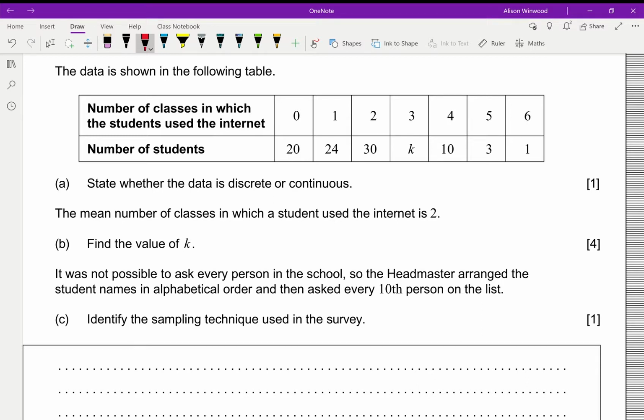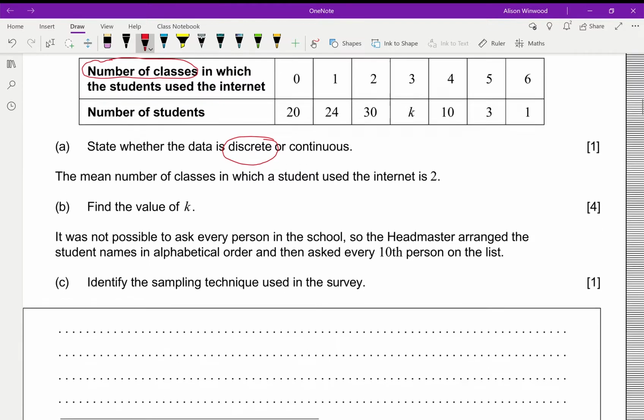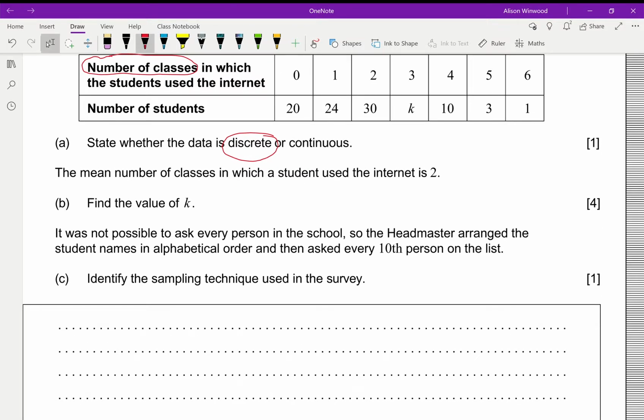We've got the number of classes, which is a countable amount, and therefore the data must be discrete. To find the mean from a table, we need to multiply in pairs. So 20 lots of no classes, 24 lots of 1, 30 of 2, K of 3, 10 of 4, 3 of 5,